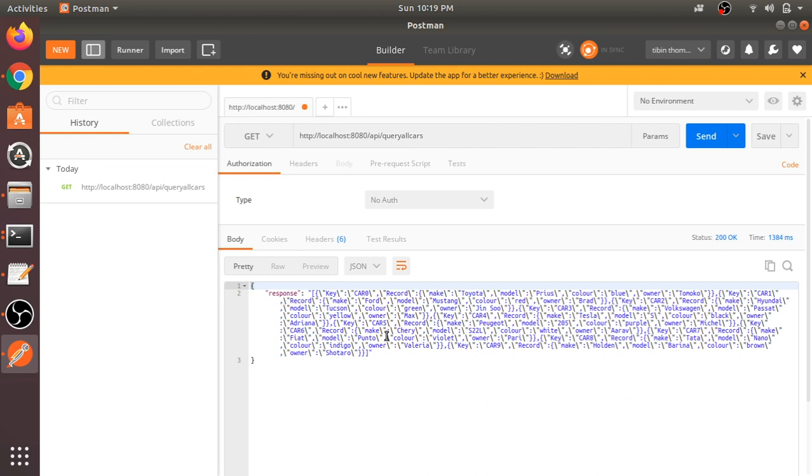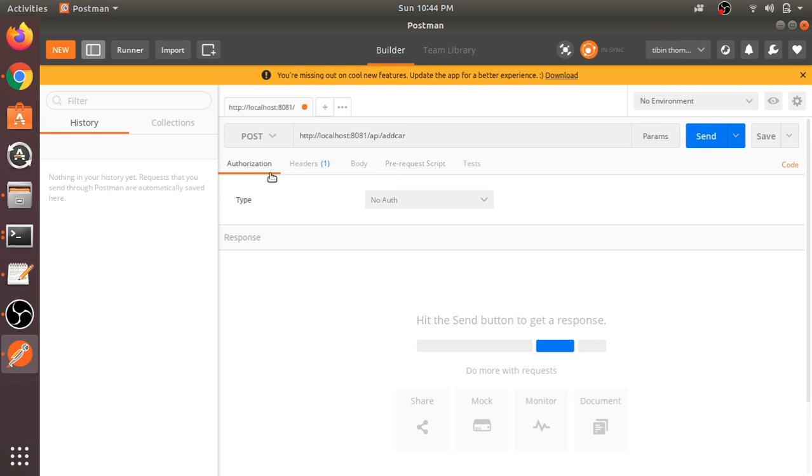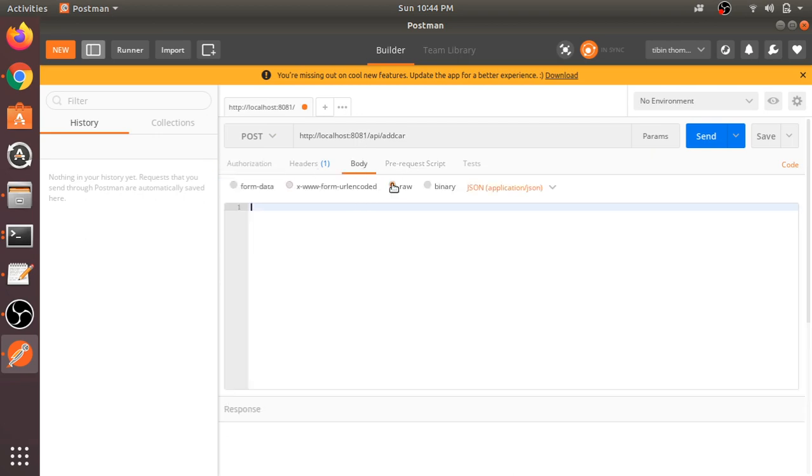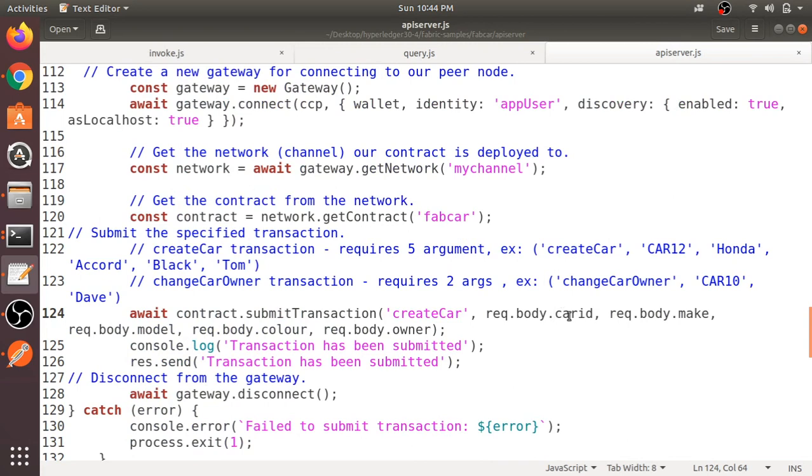So this is our API for adding a new car, and you know that the API is requested using the post method. Now we want to add certain things into our body. You have to select raw, and you know that the details required to add a particular car are car ID, make, model, color, and owner.